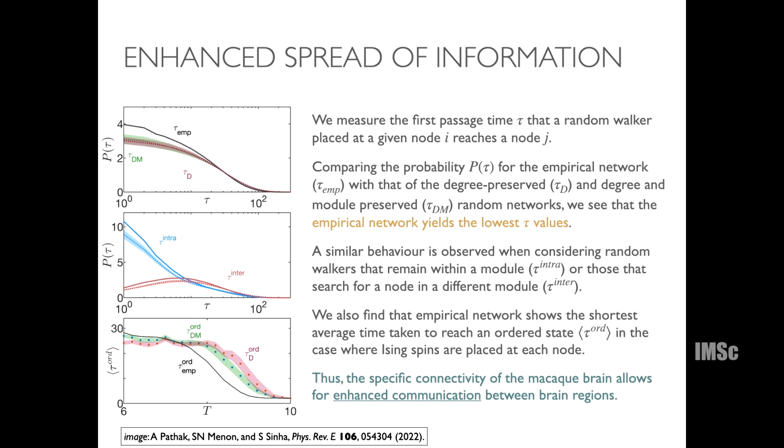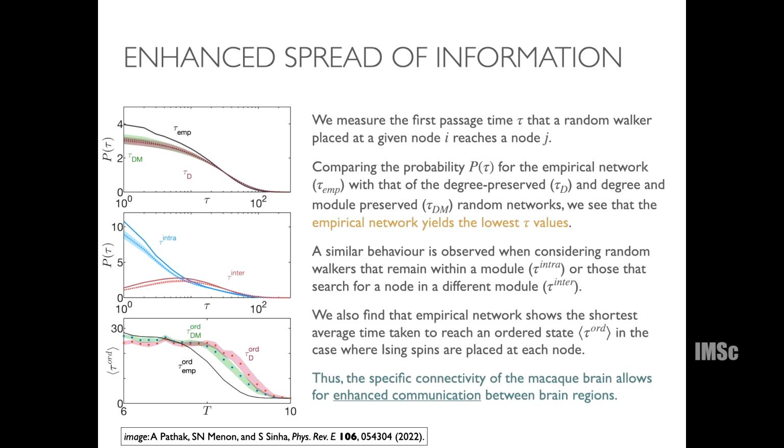But to get a better sense of this, we use something which Rostam had briefly mentioned in his talk yesterday, sorry, on Monday, which is that we check to what extent the structure of this network helps to facilitate the passage of information. For that we use random walkers placed at nodes on this network, and look at the first passage time: starting with node I, when do you reach node J, right? When we do this, we can do a large number of simulations, and we find